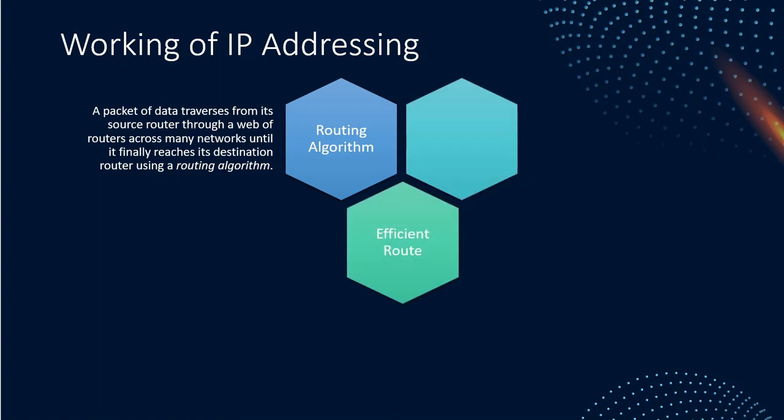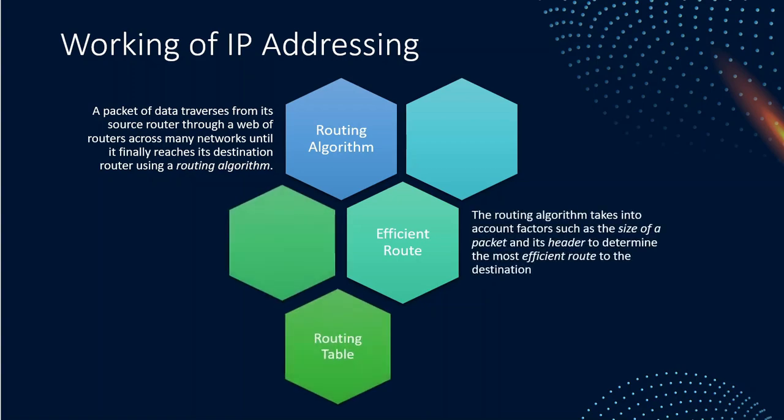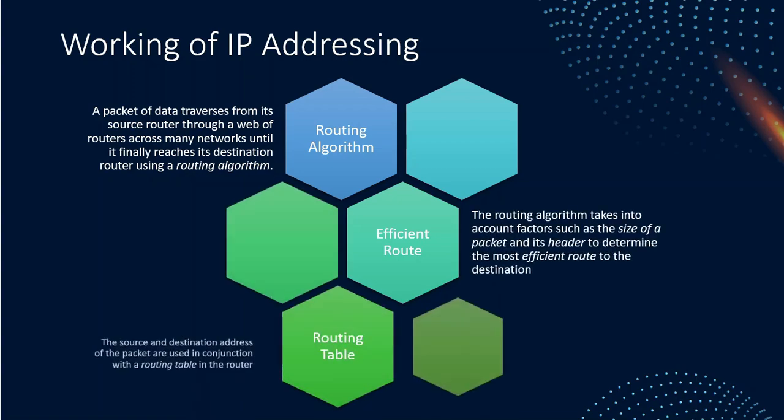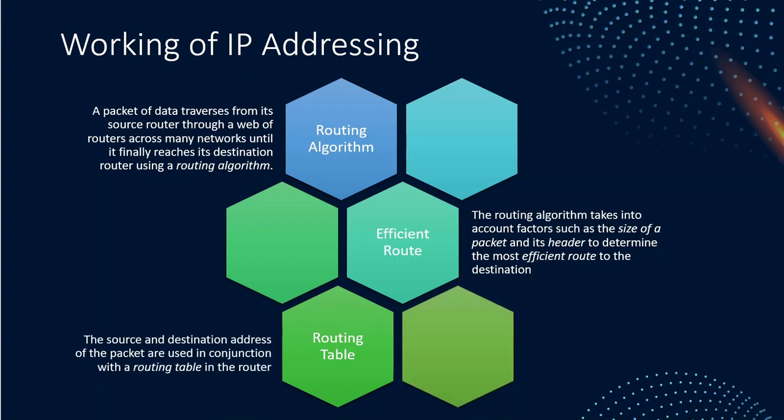Next comes the efficient route. We want our data to reach the destination and we want this to happen fast. So the efficient route is calculated at each node of the network. Lastly, the routing table. It is related to the router. The router internally has a table with the different source and destination addresses with their relative distances. This can be used in calculating the efficient route. Now all these things are repeated at each node of the network till the data reaches its destination successfully.